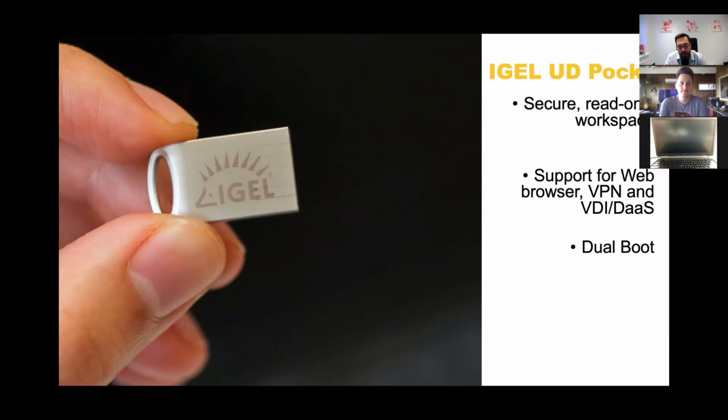Alternatively, you can buy IGEL on one of our thin clients, and we have a range of thin client hardware. And actually, at the moment, what we're seeing is a lot of organizations are both buying these UD Pockets, but also acquiring our thin client devices and sending those out to people's homes. So people have literally just got to have a keyboard, a mouse, a monitor, and then an IGEL piece of hardware running the OS that then gives them the ability to gain access to any of those environments.